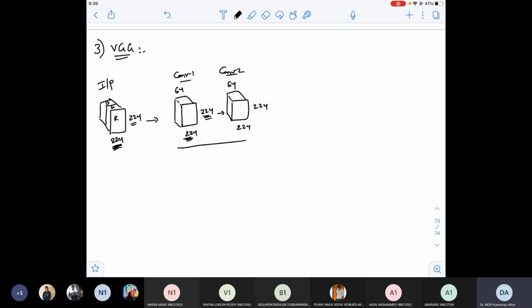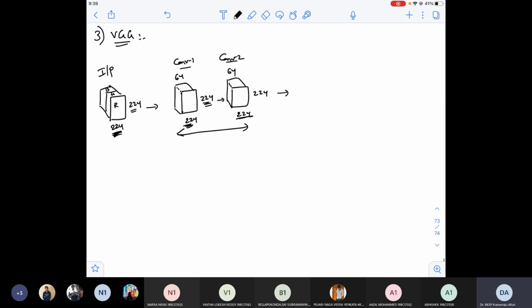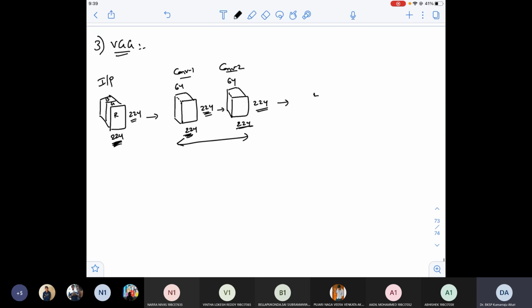Now this is maybe considered as one single sequence. After this, they've applied max pool. But with max pool, by default, the stride is 2. Whenever the stride is 2, the input would be reduced by 2. So here it will be reduced to 112 cross 112. And this would be around 128. Why 128?